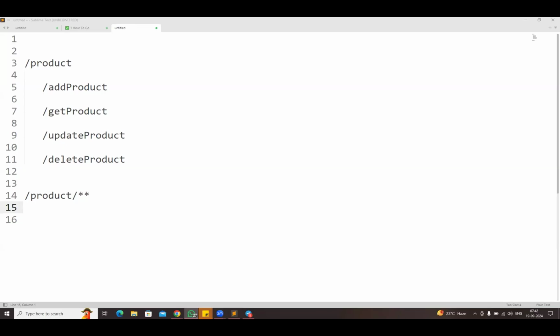Sir, one more thing. If we add Swagger UI for the API gateway, will it show all the endpoints? Can you come again? If we add Swagger UI for the API gateway, will all these API endpoints be accessible from the Swagger UI? From the API gateway, no, you can't access them. If you add Swagger in the API gateway, there is no REST controller in the API gateway, right? Swagger will read your REST controllers and display only those. So these endpoints it won't detect. Okay. No, it won't detect.